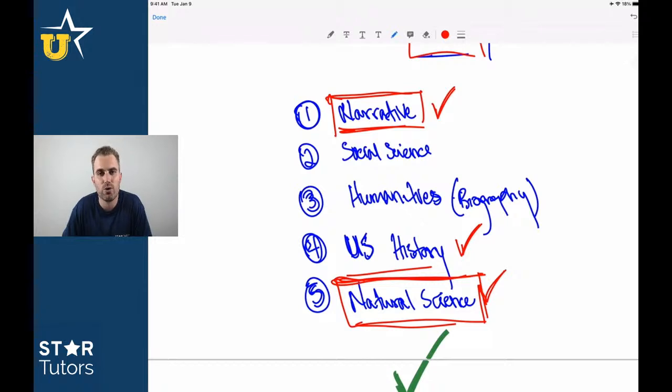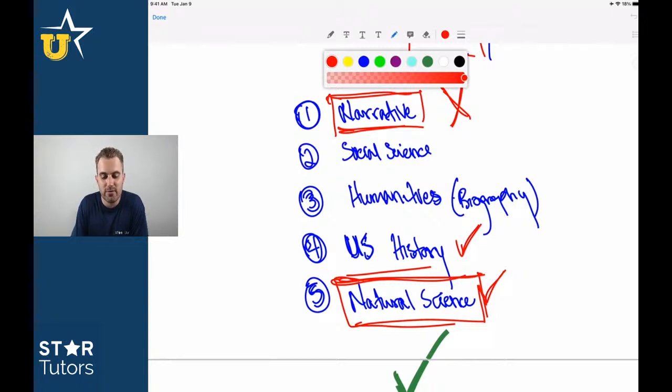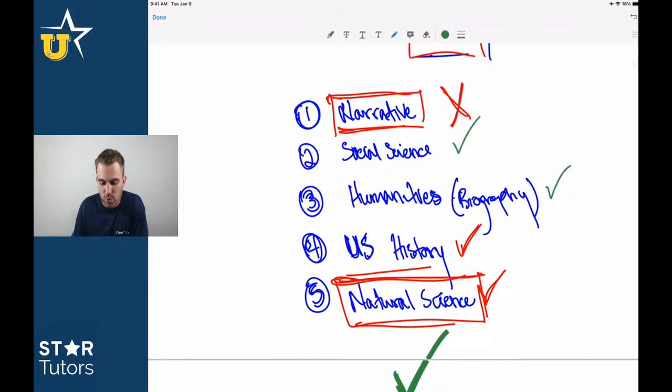And so the passage order is critical. If you don't like this one, or better yet, if you notice on your own practice testing that you always do poorly on the narrative passage, then why in the world would we do narrative first? If the narrative is your worst passage, do all the other passages first. On the flip side, if narrative is your best passage, then that's a great one to start with. But that's all different from one student to the next. So you have to really track your own results and be thinking about, okay, where am I missing the majority of my questions? The beauty of this, guys, is that if you haven't